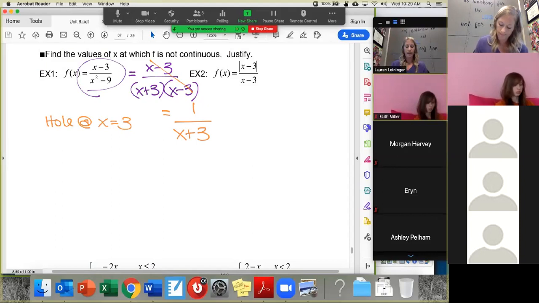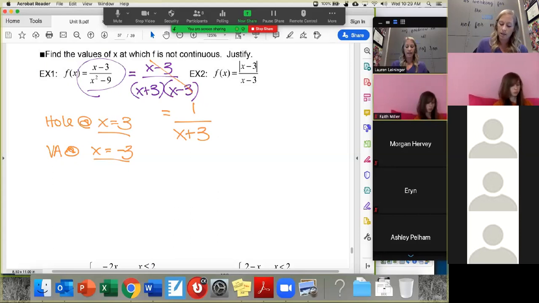I'm going to have a vertical asymptote at x equals what? Negative 3, right? Now, we still have to give reasons for these. So we said our function is discontinuous at a hole. It's also discontinuous at a vertical asymptote. So these are two places that my function is going to be discontinuous, but I still have to think through